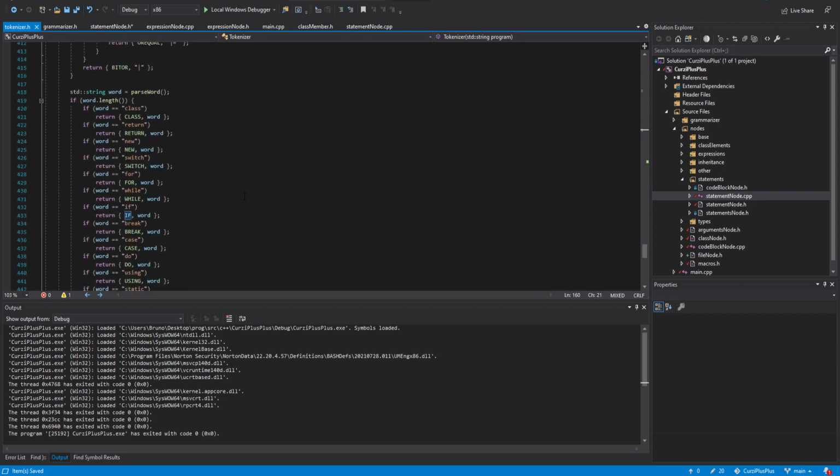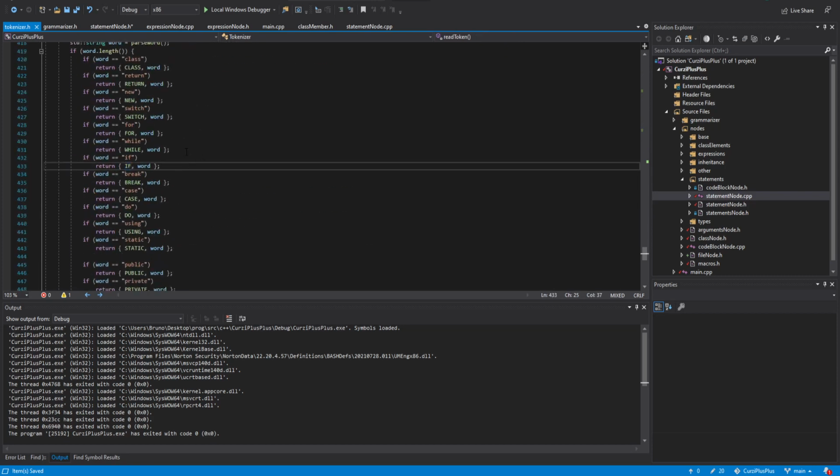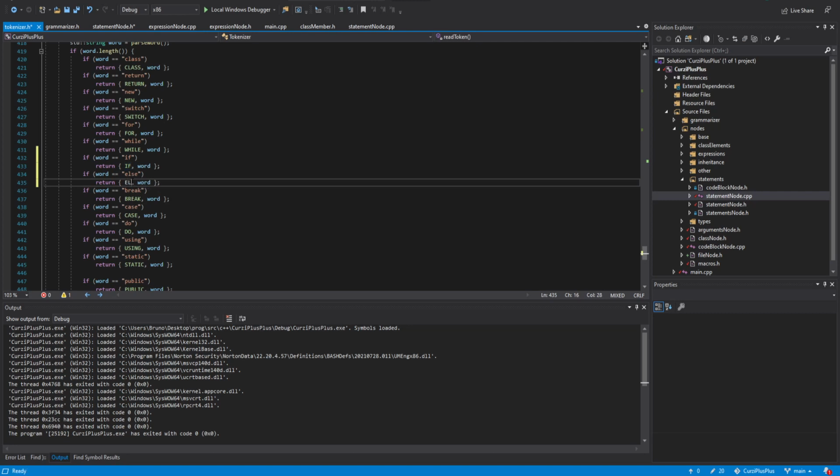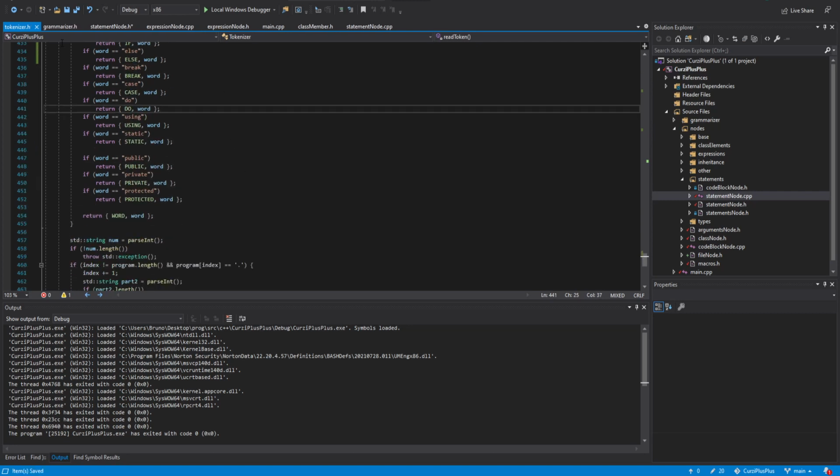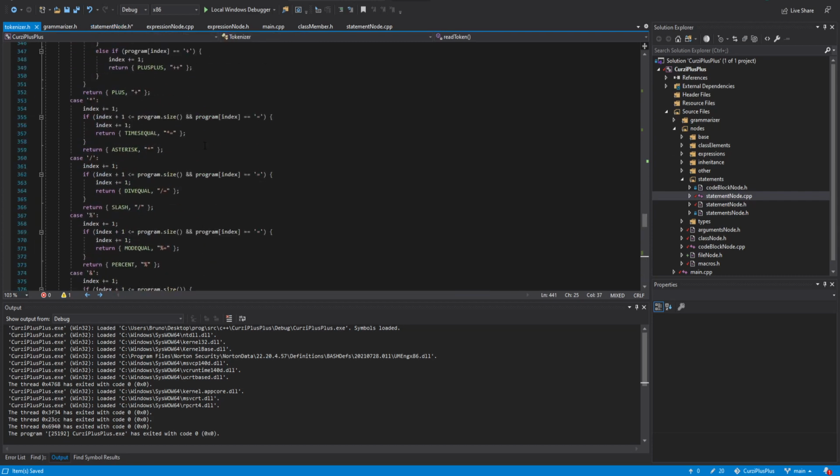It should be, yeah, of course, so it's going to be here. So now we're going to do this. If word equals else, it's going to be else. So it's really simple for me to add new keywords like that. Very, very simple. The symbols are a bit more annoying because if you look, for example, here, when I'm parsing